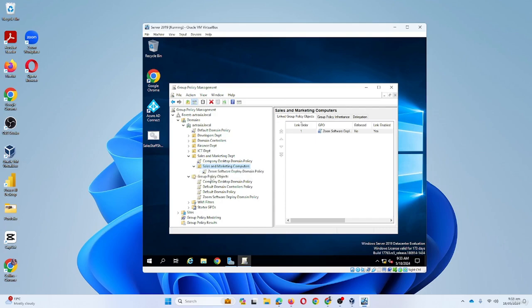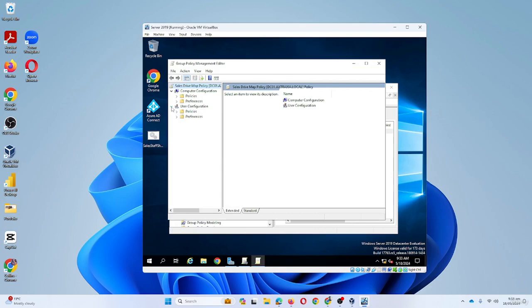We would go to Group Policy Objects, go to New, and we'll call it Sales Drive Map Policy, and then save. And then we would edit this policy,